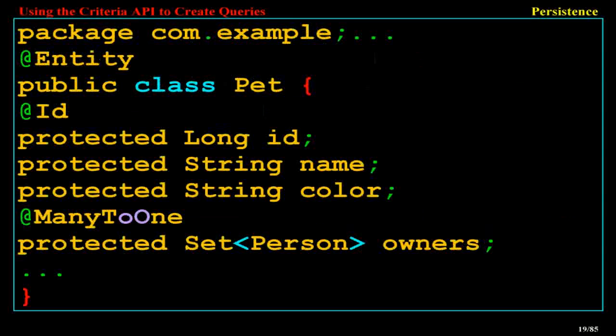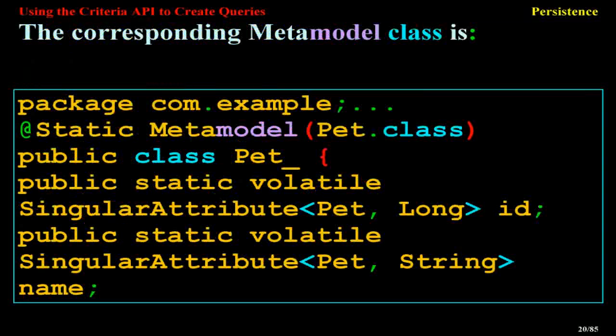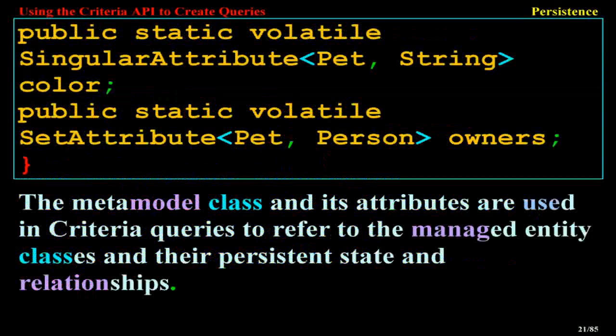package example; @Entity public class Pet { @Id protected Long id; protected String name; protected String color; @ManyToOne protected Set<Person> owners; } The corresponding metamodel class is: package example; @StaticMetamodel(Pet.class) public class Pet_ { public static volatile SingularAttribute<Pet, Long> id; public static volatile SingularAttribute<Pet, String> name; public static volatile SingularAttribute<Pet, String> color; public static volatile SetAttribute<Pet, Person> owners; }